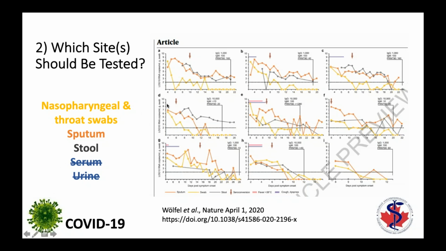They followed 9 patients over time, and they identified that both the nasopharyngeal and throat swabs, along with sputum samples, had good viral shedding over the course of the first week or so of